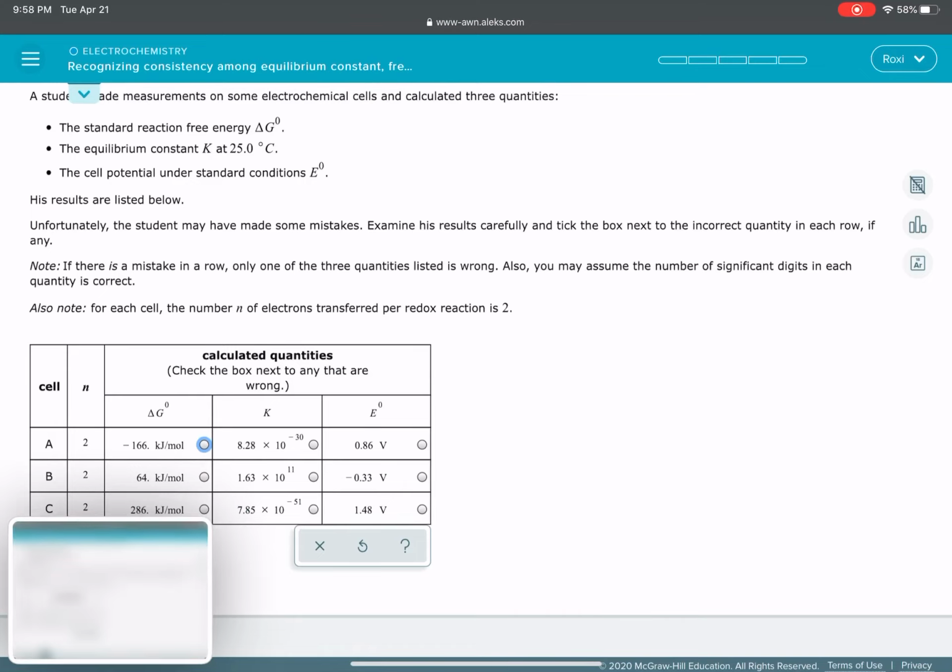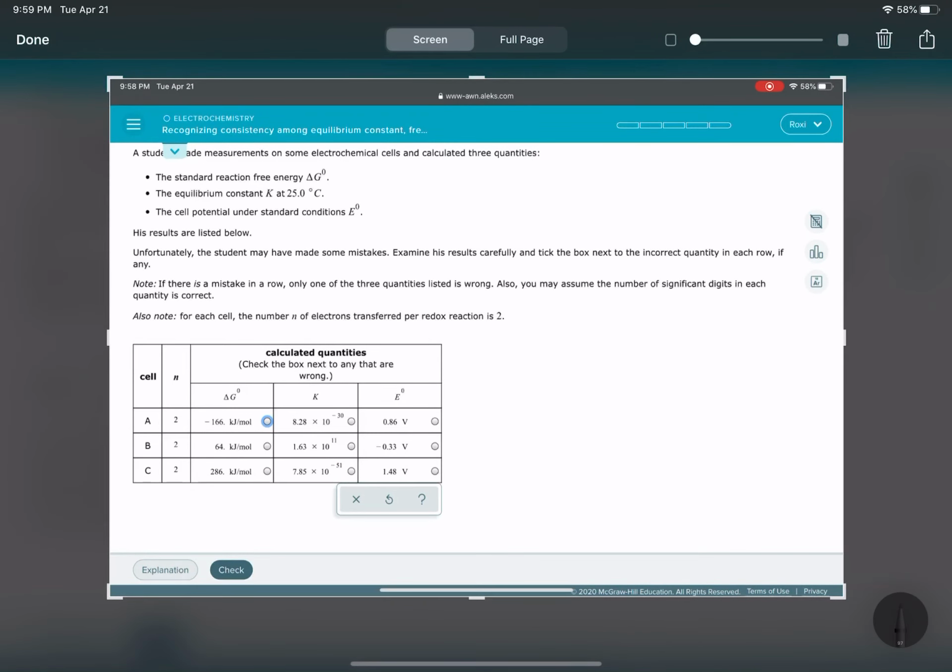This problem is not as tricky as it looks like it might be. You're not actually needing to do any calculations, or you shouldn't be needing to do any calculations on this problem. We haven't been given the actual equation for this problem, the actual chemical reaction. So this is really asking how well you understand the relationship between delta G and K and E in terms